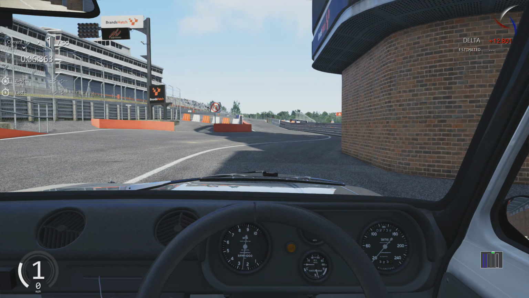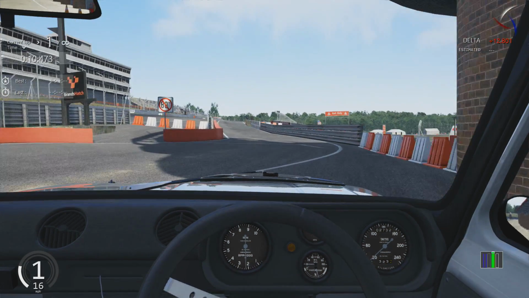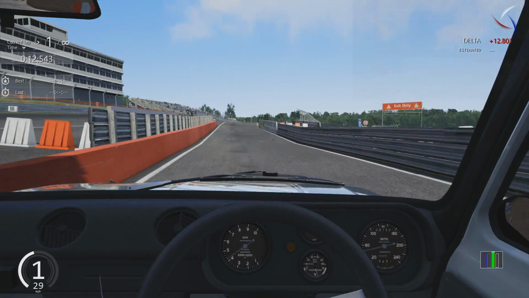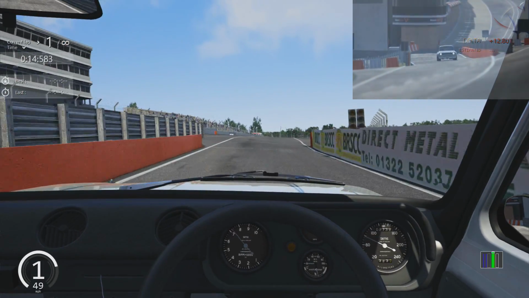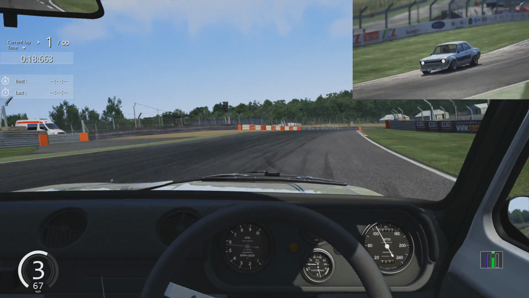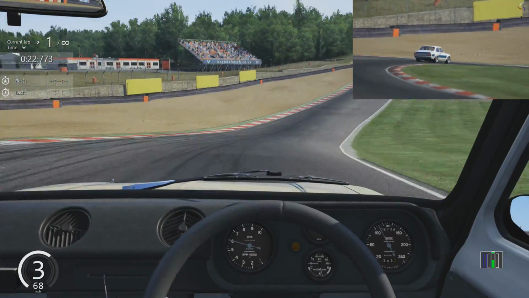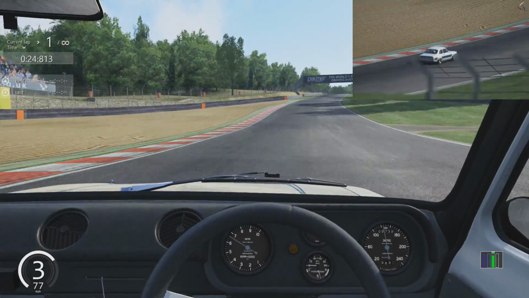Hello YouTube, welcome back to Assetto Corsa, and it's here, Dream Pack 3, so it's going to be a 4-part review because there is a lot to talk about here. And as you can see, we're out on Brands Hatch and I'm taking the Ford Escort RS1600 out there. Why I picked this car? I think I'm just a big Ford fan, so I thought, well, there's a Ford in this pack, let me